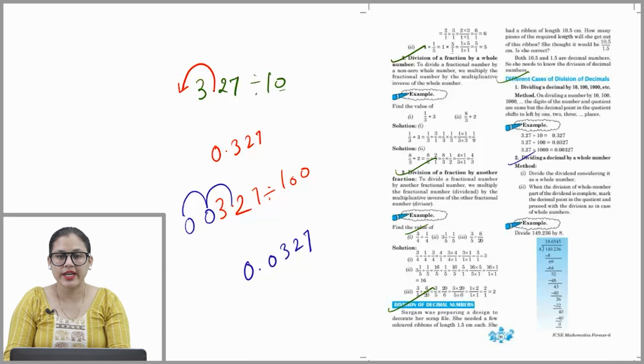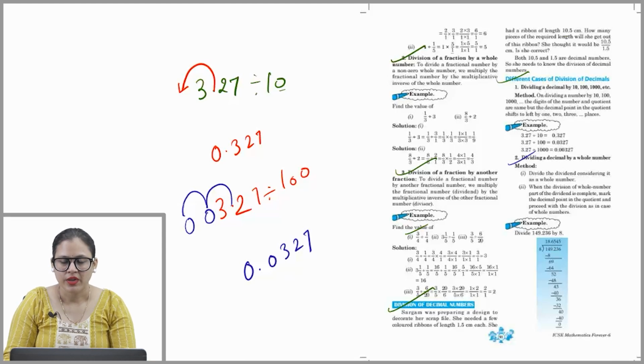Number 2, dividing a decimal by a whole number. Method: number 1, divide the dividend considering it as a whole number. And number 2, when the division of the whole number part of the dividend is complete, mark the decimal point in the quotient and proceed with the division as in the case of whole numbers. For example,